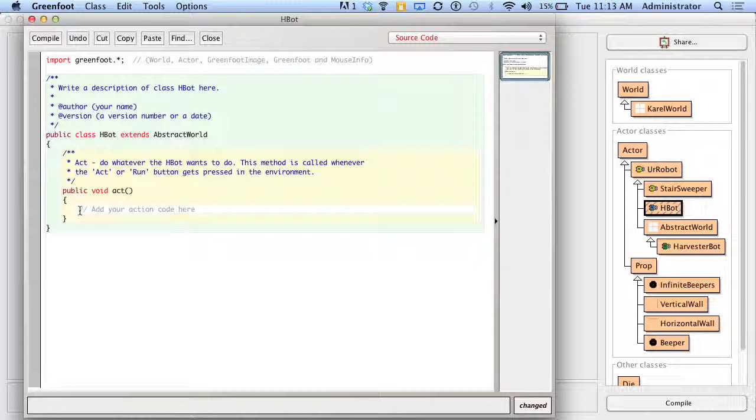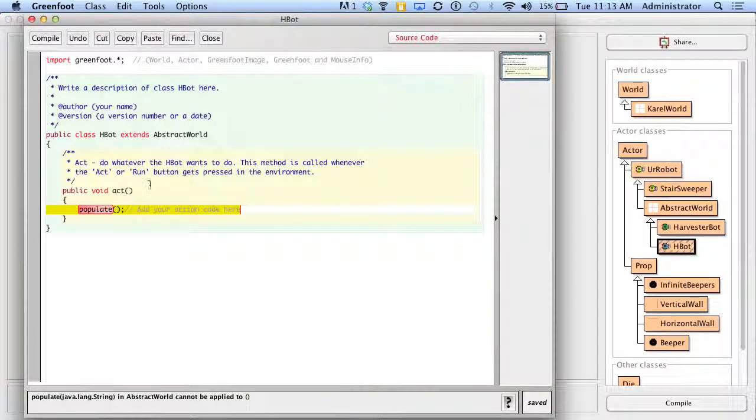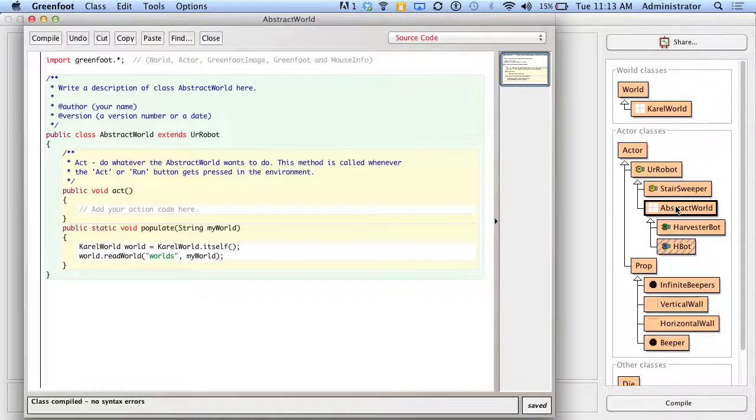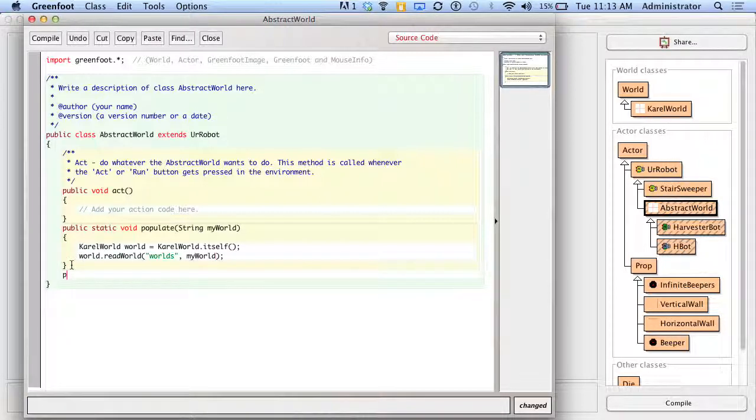But watch how I have him populate. I just say populate. This should give me an error because I don't have a populate with no parameters in it. See, there's an error. Well, how about in abstract world? What if someone has a populate with no parameters? What if I just go public,